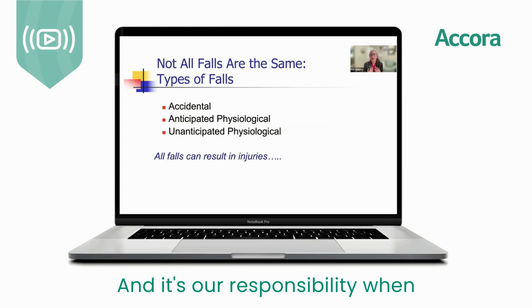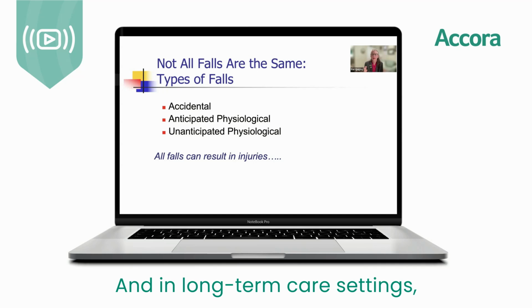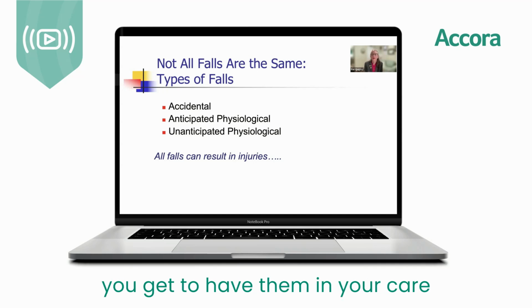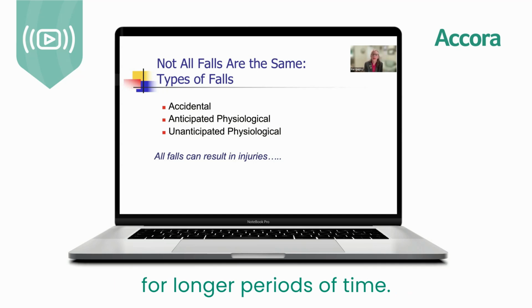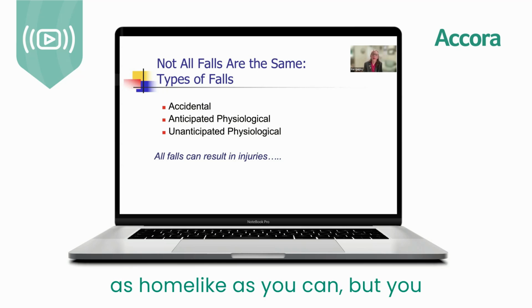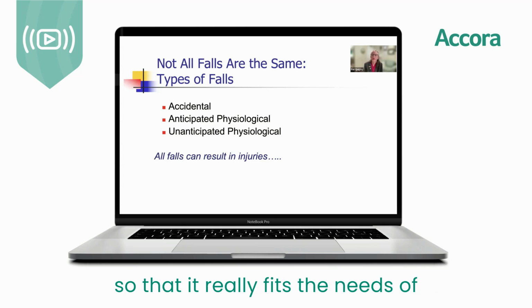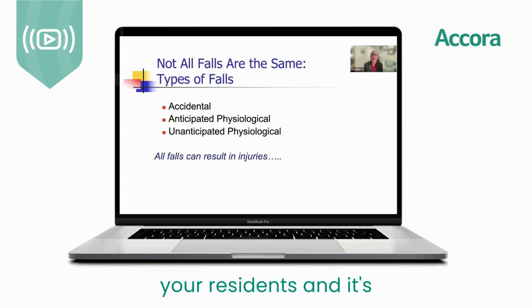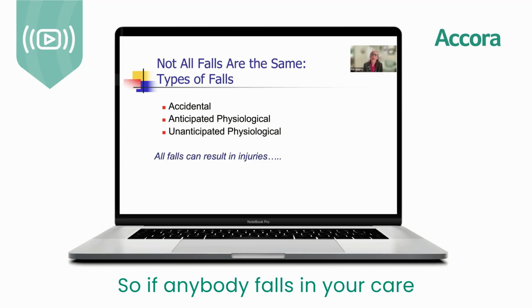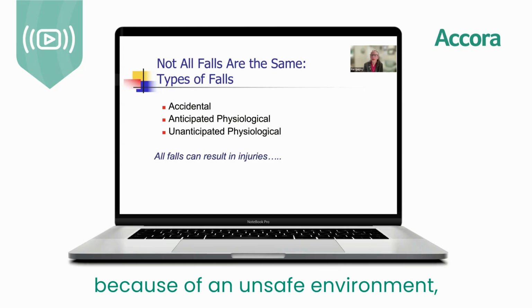And it's our responsibility when someone comes into our care, and in long-term care settings you get to have them in your care for longer periods of time, and you make that environment as home-like as you can. But you also have to create that environment so that it really fits the needs of your residents and it's as safe as possible. So if anybody falls in your care because of an unsafe environment, then that's going to